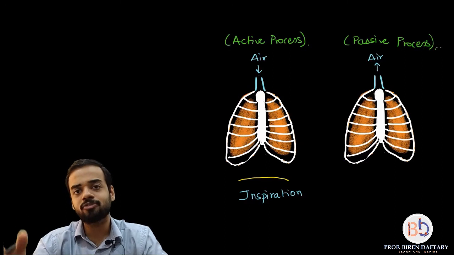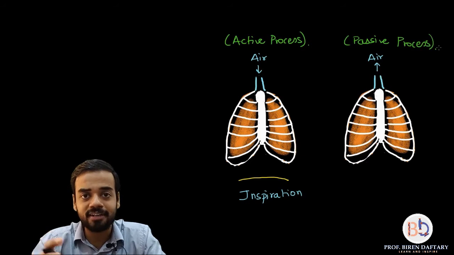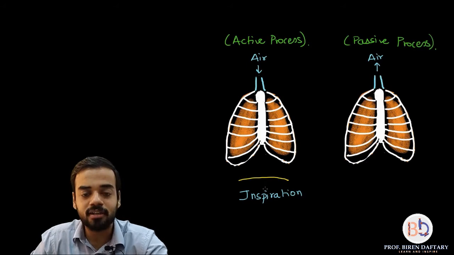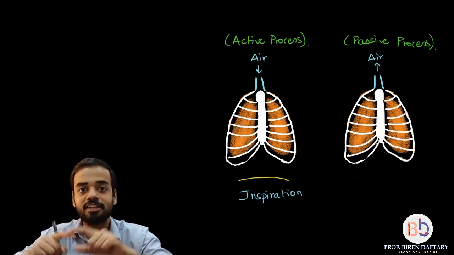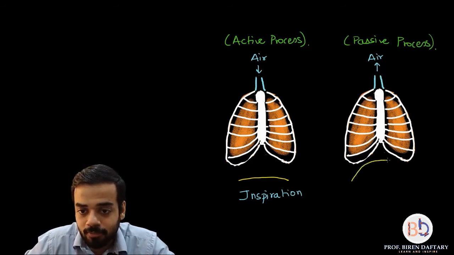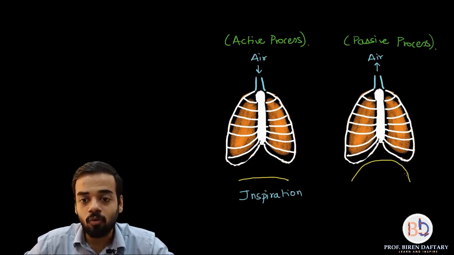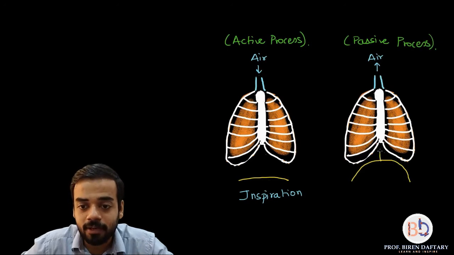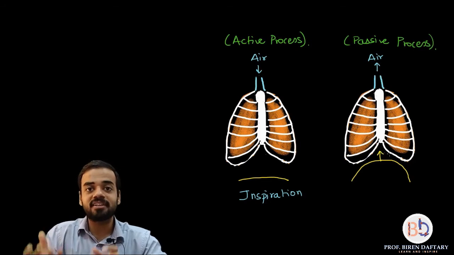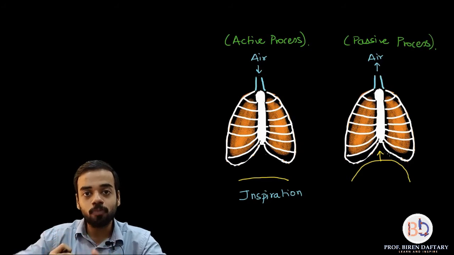Everything that is going to happen is going to be opposite in nature. So what is going to happen first? Both the muscles which have contracted, now they will relax. So the diaphragm, which is in the contracted state, is flat over here. When it relaxes, the length will increase and it will again become dome shaped. So your diaphragm will become like this. You can see this length is more than this length. So now the diaphragm becomes dome shaped and it begins to push the lungs. It is now exerting pressure on the lungs because it has become relaxed and is moving up.